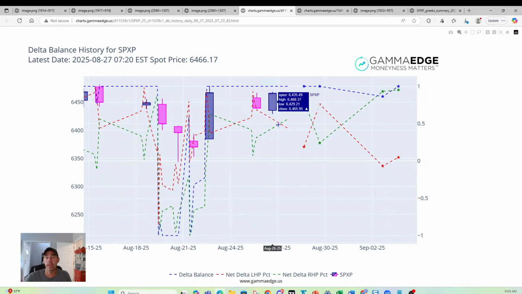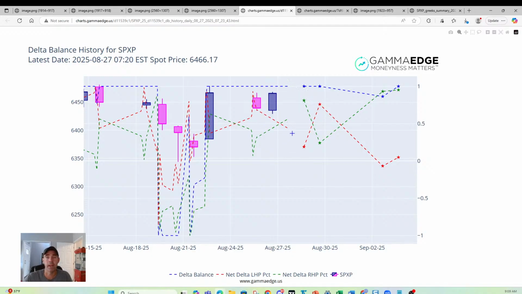And then the left-hand plane is in the money calls below spot price with the red dotted line, as well as out of the money put speculation. So you did see the left-hand plane drop slightly, the right-hand plane increase, indicating out of the money call speculation, but delta balance being maintained at 1 and both planes above 0. We give the edge to the bulls and the call speculators maintaining overall control.